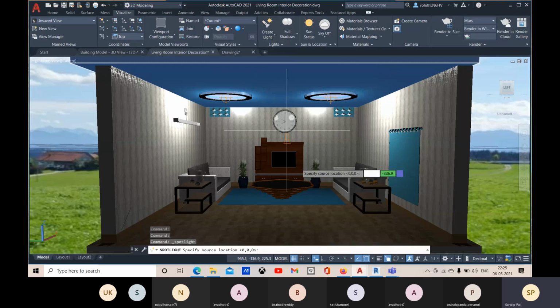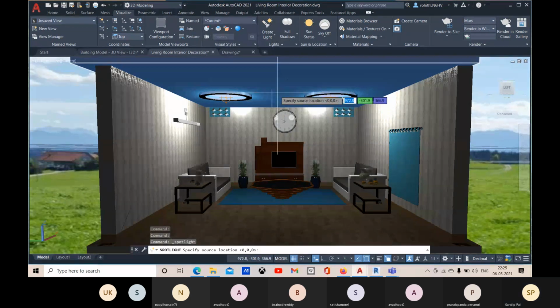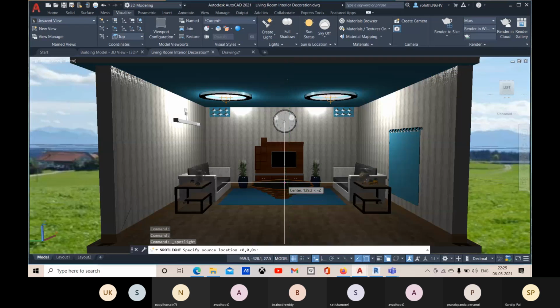Let me just place some spotlights over there.